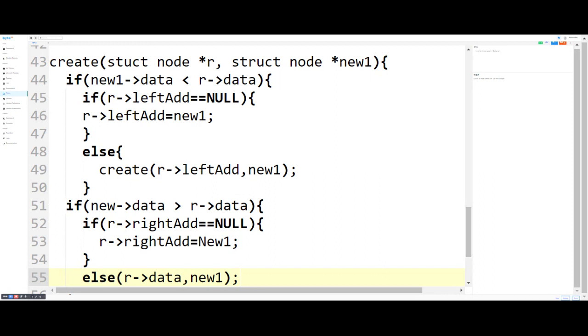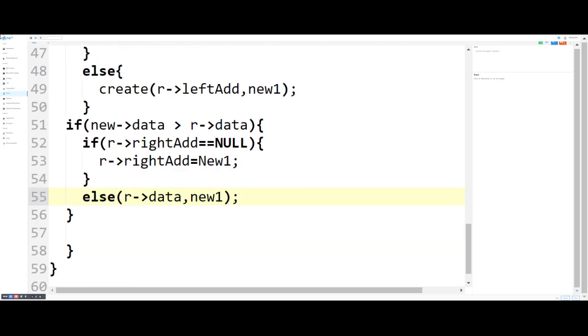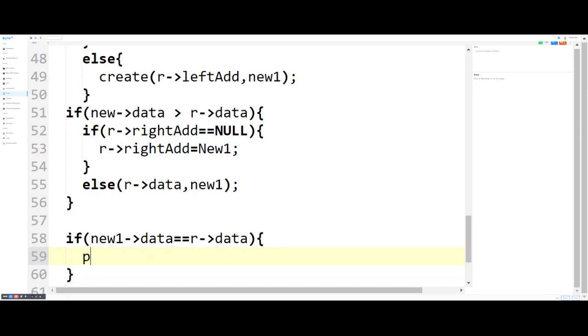This is your code. Next, if new one of data equal to root of data, we simply print the message with printf: you can't add duplicate values.